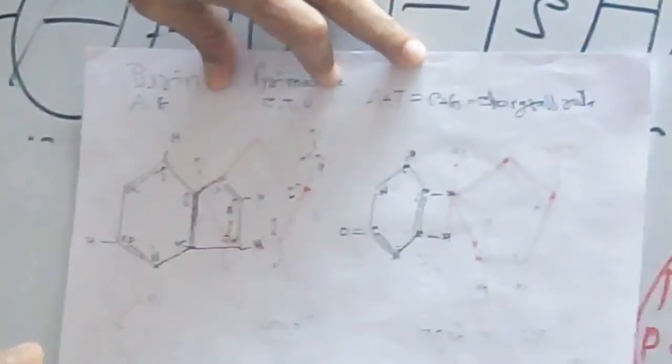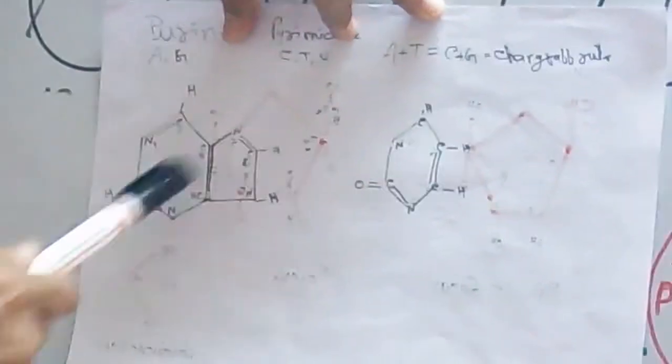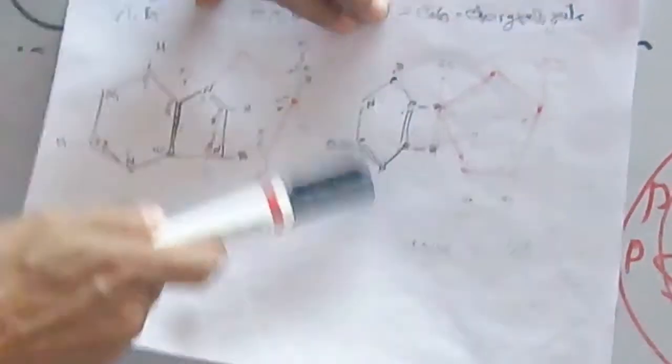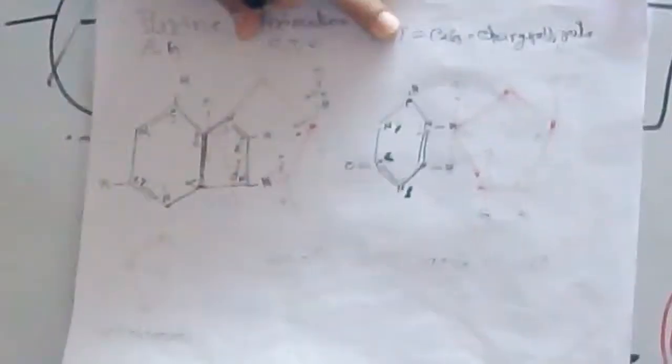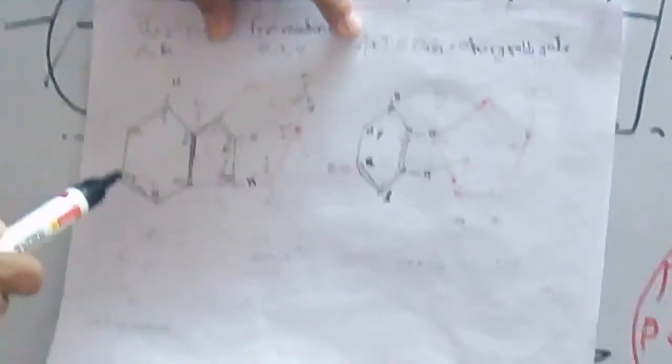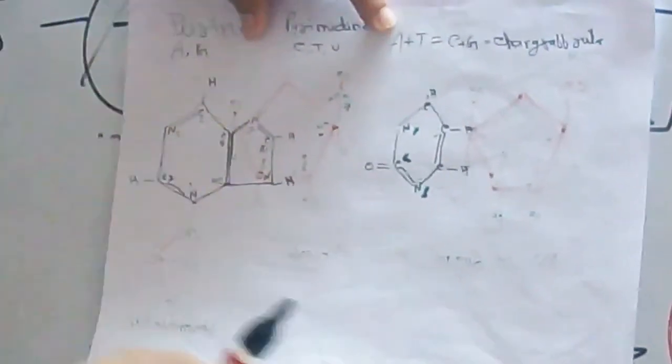You may consult any reference book. Others are carbon. Only these 1, 2, 3, 4 are nitrogenous. Here, look, only 1 and 3. As we draw it, here is 1, here is 2, here is 3. So there are 3 nitrogenous positions. Look, in pyrimidine base there is extra oxygen. Here there is no extra oxygen. This is the simple basic difference between purine and pyrimidine bases. Within these purine and pyrimidine bases, the formation is going on.